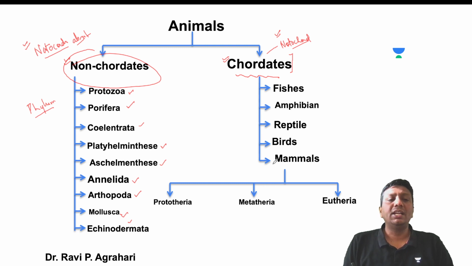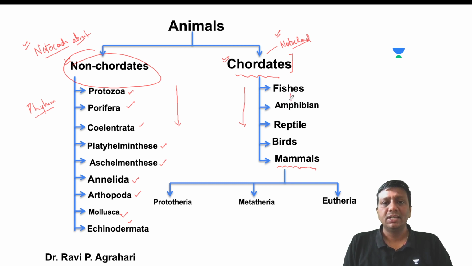Here I'll tell you one thing, guys. The order mentioned is also the order of evolution of animals. The same holds in the case of chordata. The order of evolution for non-chordata and chordata is shown on your screen. In the chordates: fishes, then amphibians, then reptiles, then birds and mammals. This is the order, guys. Mammals have 3 groups: Prototheria, Metatheria, and Eutheria. Remember these.